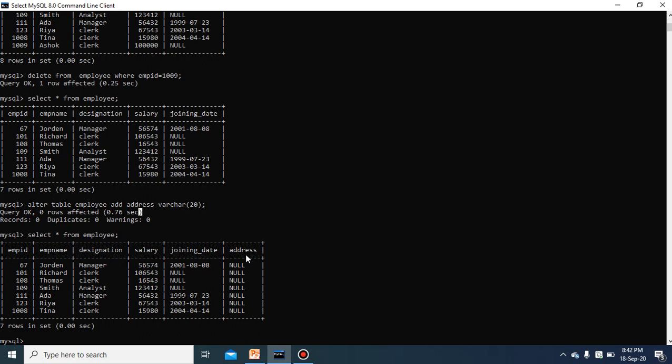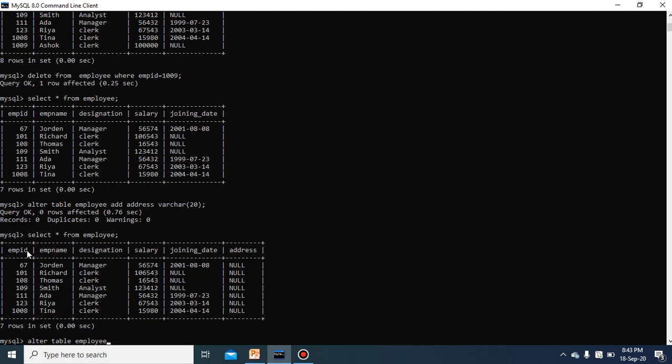Second, we will see how to rename an existing column. Renaming the column means to change the name of the column. Suppose we want to change the name of the column EMPID as employee number, or simply we want to make it ID. This EMPID column name we want to change to ID. Then how will it be done? You will write alter table, same command with same syntax, only a little bit of change you have to do.